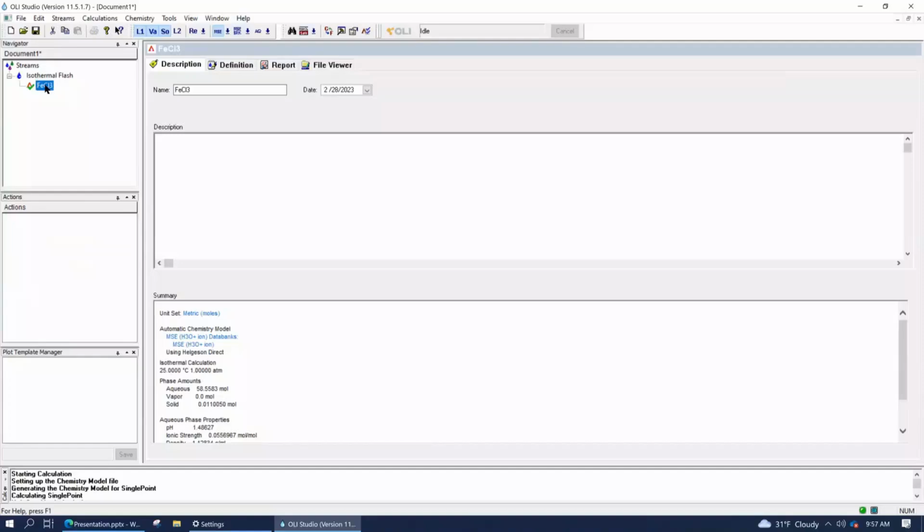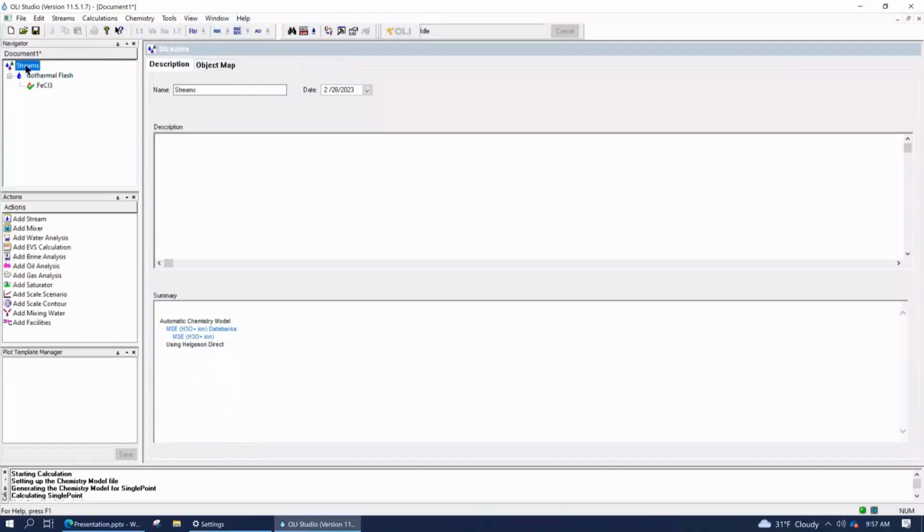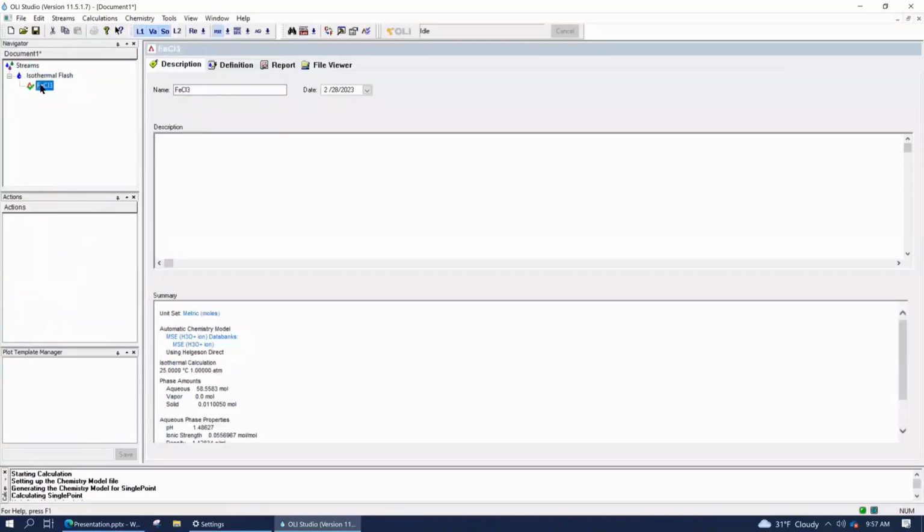If you're there, I want you to look at the action panel. The action panel is currently blank. Again, the vision of the developers is that I will populate the action panel with objects that can be used at the level that the user is at. If I'm at the single point calculation, there's no further action that I could take at this level, so the action panel is blank.